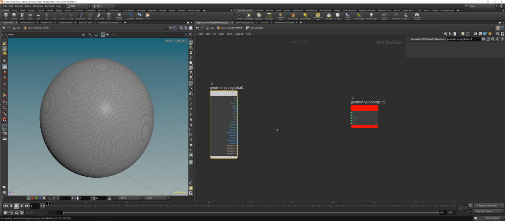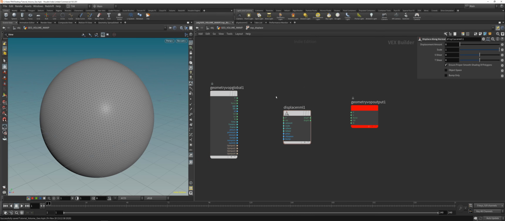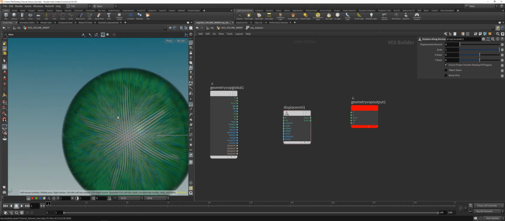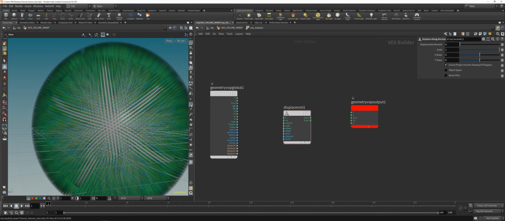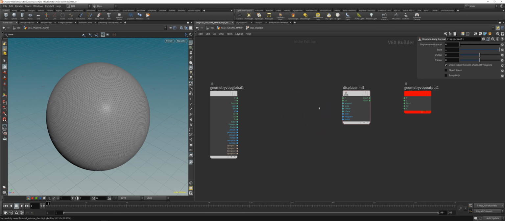Okay, let's get started. We'll place down the displace along normal. This node will displace the geometry along the normal vector. So that's a pretty powerful node, especially for geometrical growth effects, point growth effects, motion graphics, stuff like that, because it's pretty fast and it's basically VEX, so